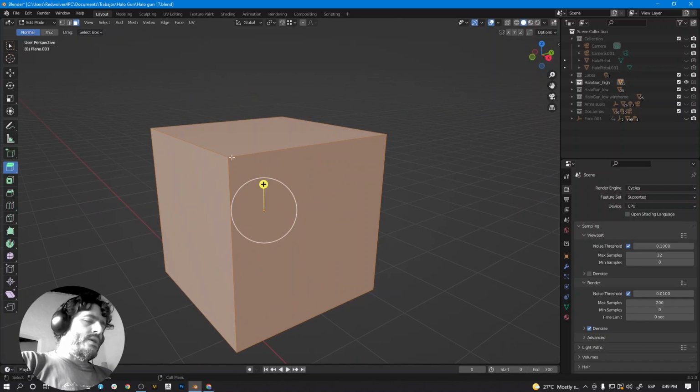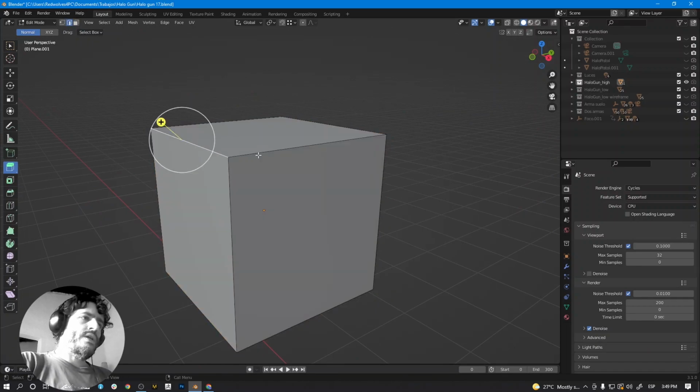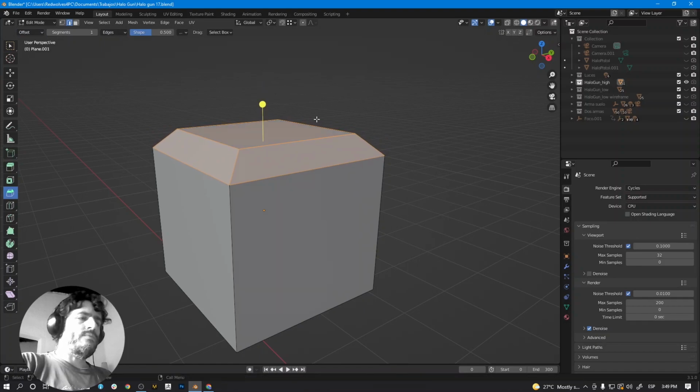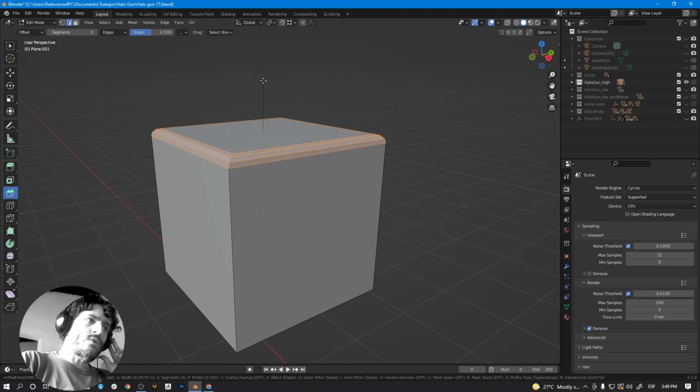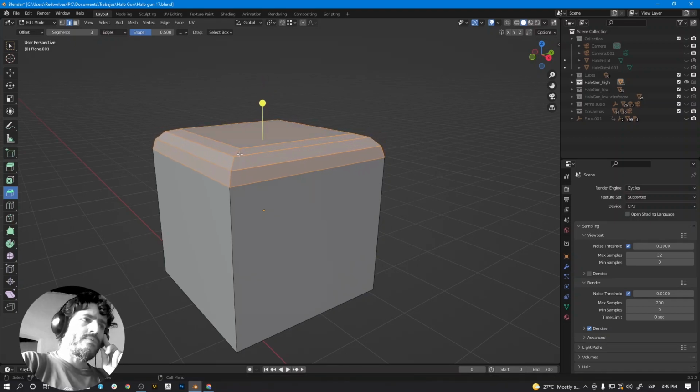The bevel is, for instance, you can select one edge or several edges. Click the bevel button, and it will bevel the edge. There's no other explanation. Here in the top bar, you can select how many segments you want for the bevel, and